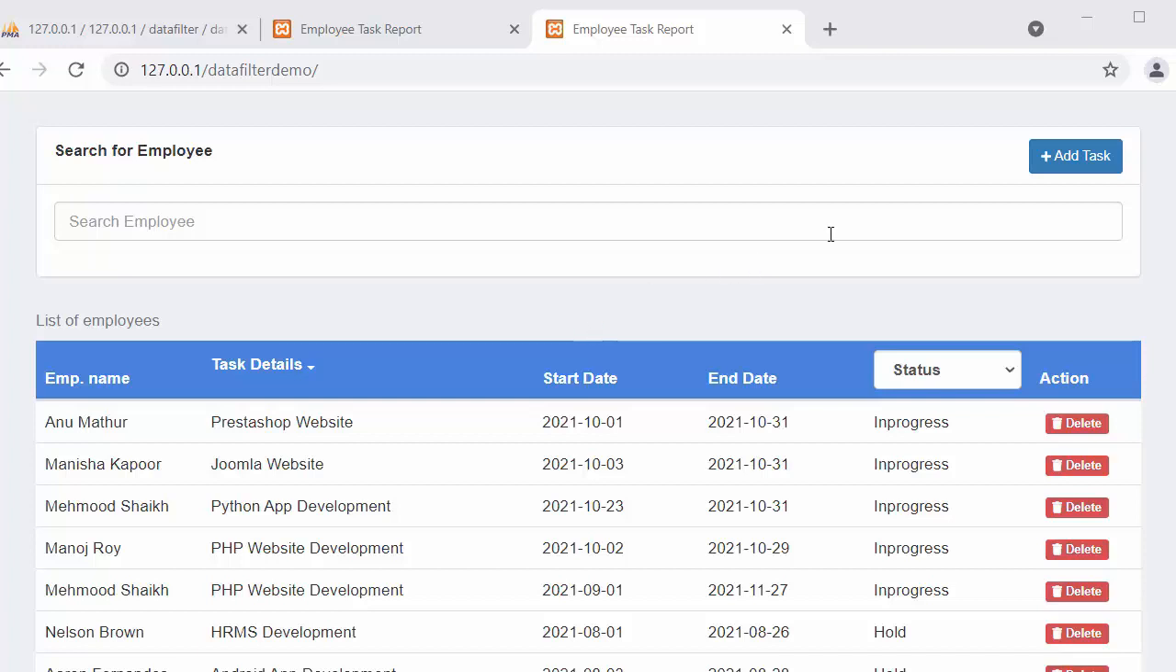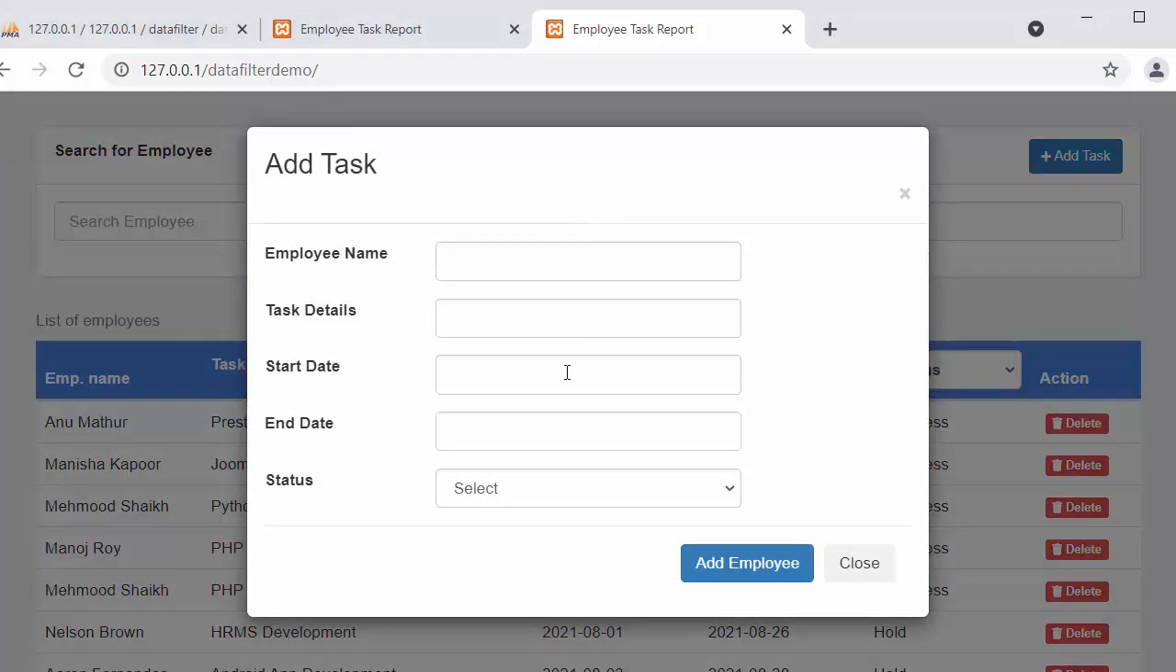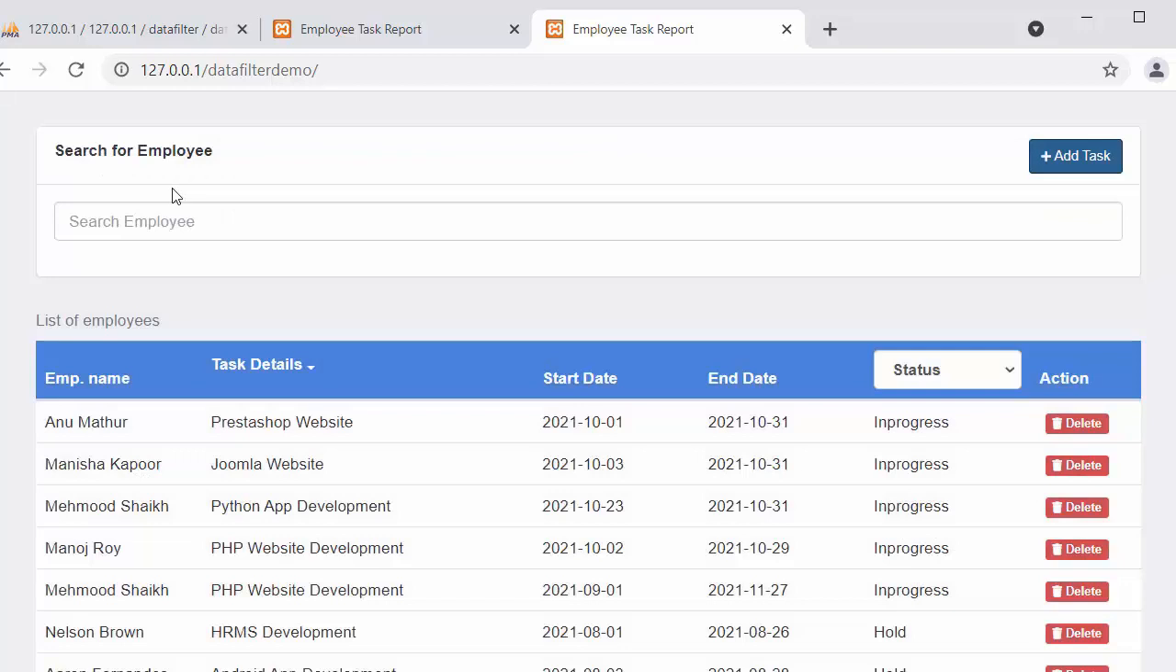In my last video I completed the functionality of uploading the task details using Ajax. And in this video I will discuss searching for any specific record by entering the name of an employee inside this search box. So let us see the demo of the feature which we are going to